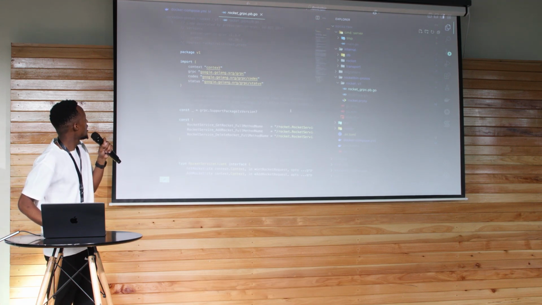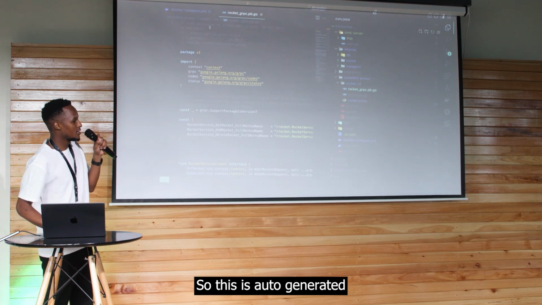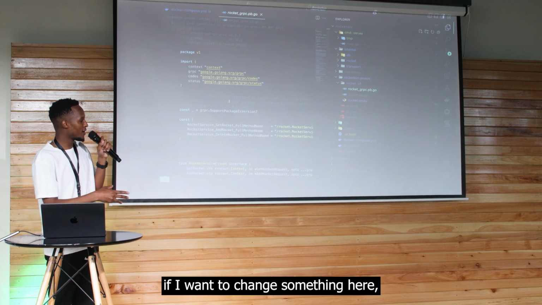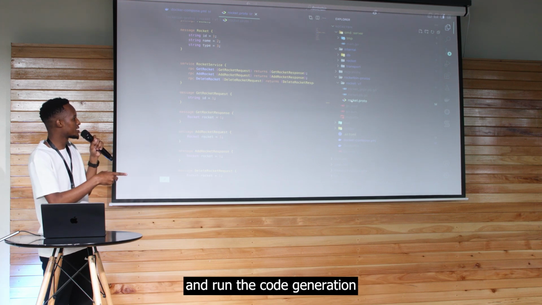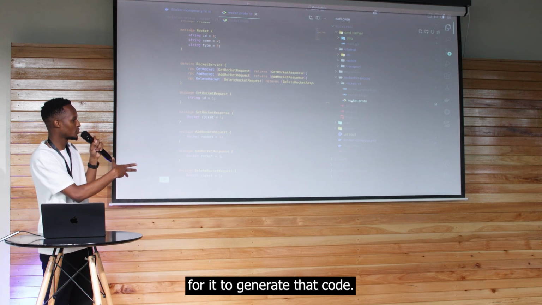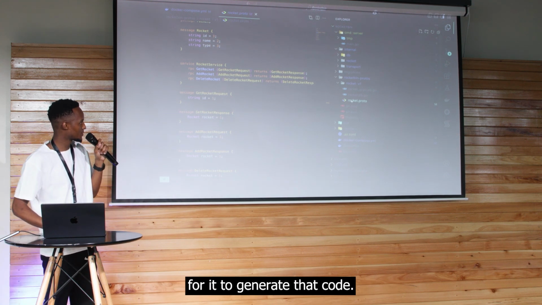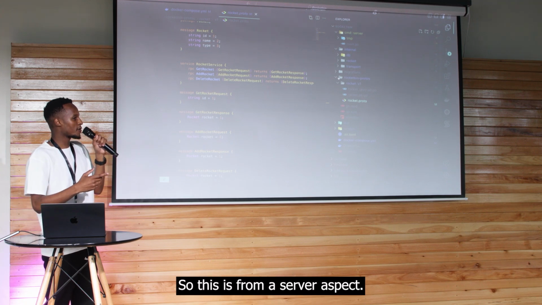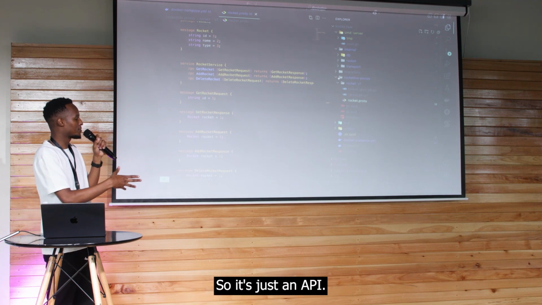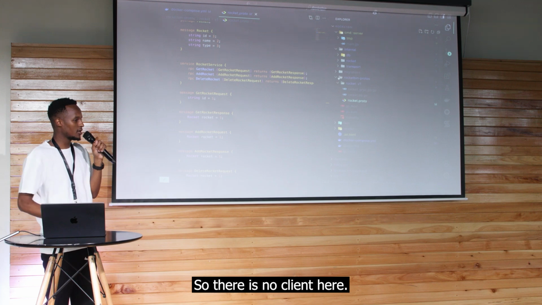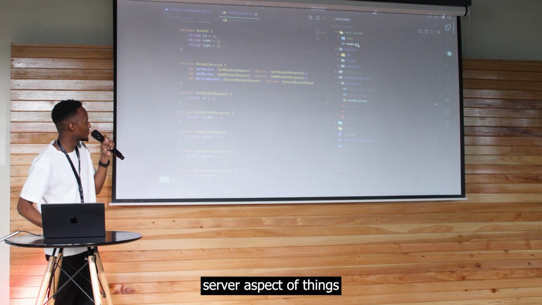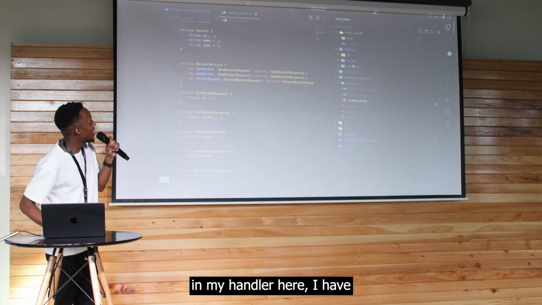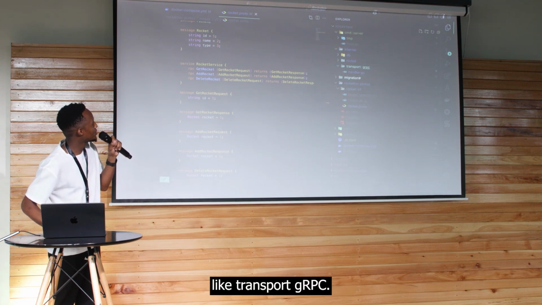So this is auto-generated. Of course, I can't edit it. If I want to change something here, I have to edit something in the proto and run the code generation for it to generate that code. So this is from a server aspect, so it's just an API. There is no client here. But for me to have that server aspect of things, in my handler here, I have transport gRPC.